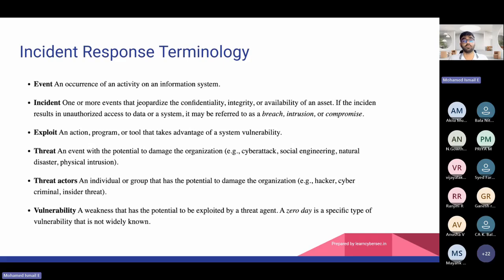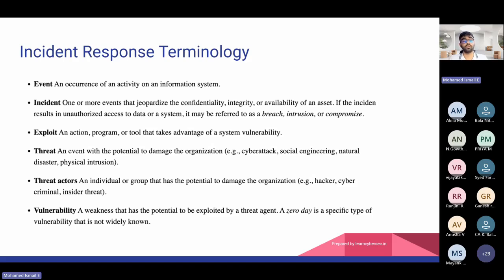Let's say the company Mango Private Limited is processing the customer data. They're no longer able to process because the hackers encrypted the existing data and put a message asking for ransom. Now threat actors: an individual or a group that has potential to damage the organization. Let's say they found that some hackers from another country, maybe Russia or Korea or some other country, based on the public IP. So the threat actor is a group of people or an individual with potential to damage the organization.